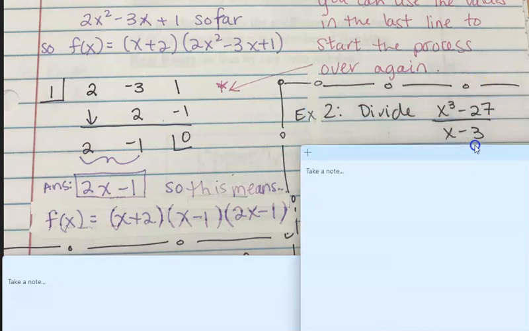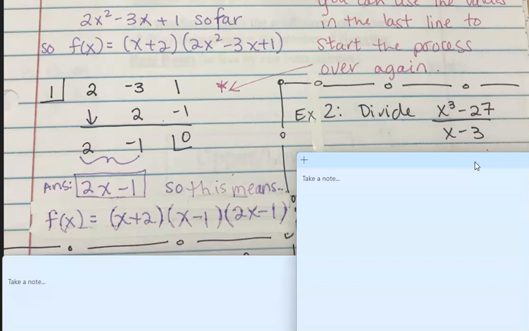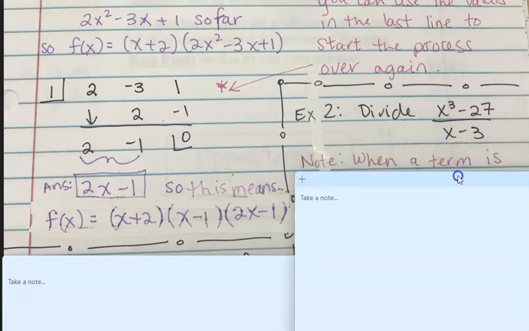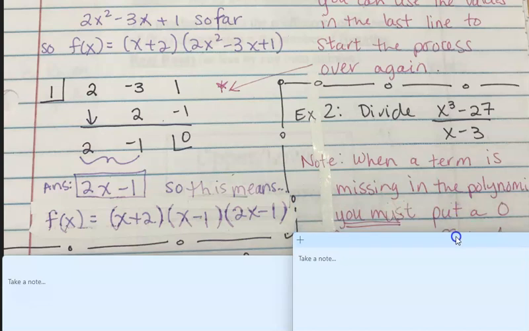For example 2, we're going to divide x cubed minus 27 by x minus 3. This is actually one we already did using long division before on our whiteboards, and so we're now going to use synthetic division instead and see what we get. Now, also,